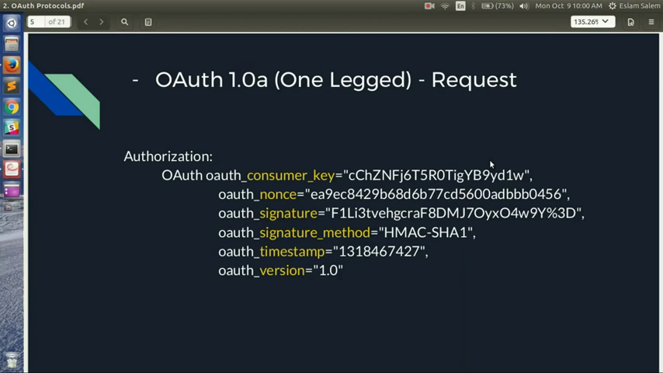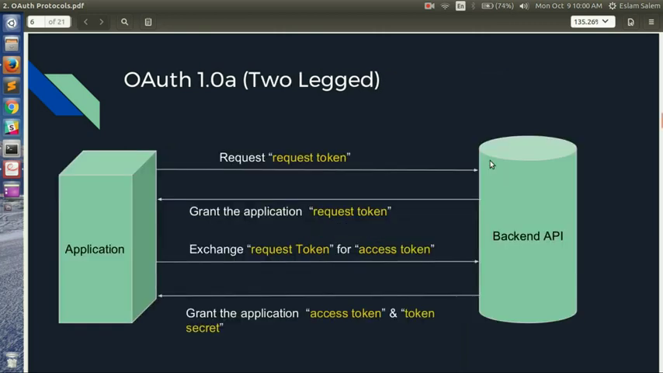One-legged is the simplest way, but as you can see, it must be implemented for trusted applications only, because it has no other verifications, and if the consumer secret leaks somehow, you can access all resources without limits. The second type is two-legged